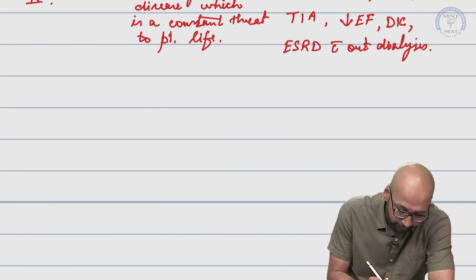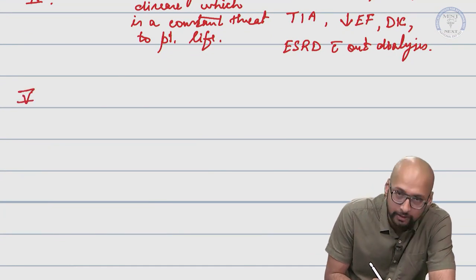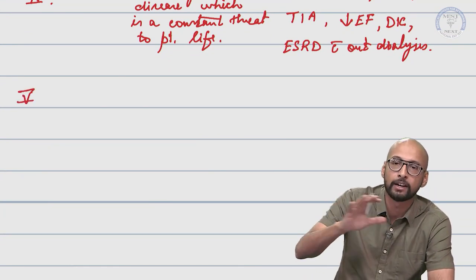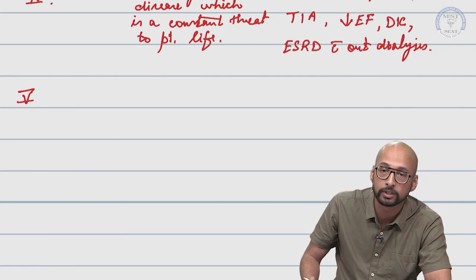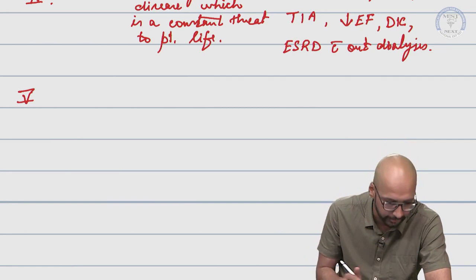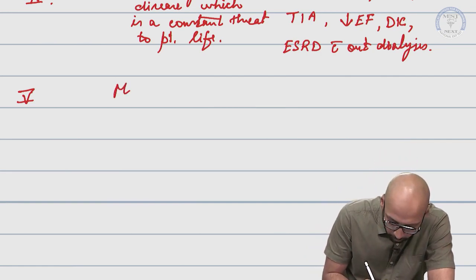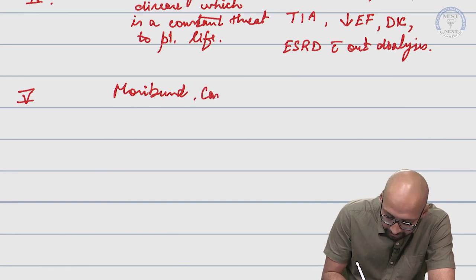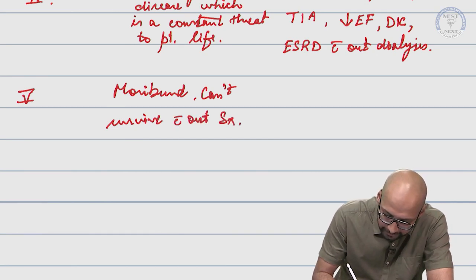Now what is ASA 5? ASA 5 is very easy to understand. The patient cannot survive without the surgery. So, the patient is moribund, can't survive without surgery. Now, the examples of these are ruptured